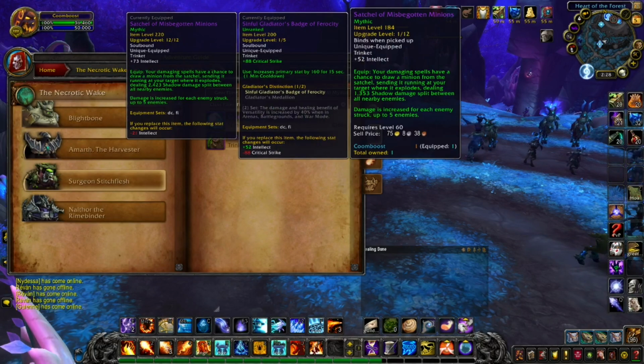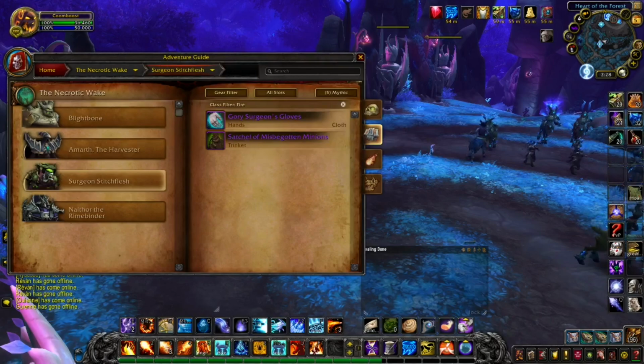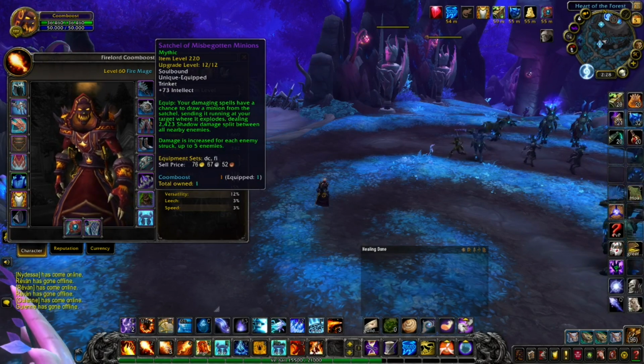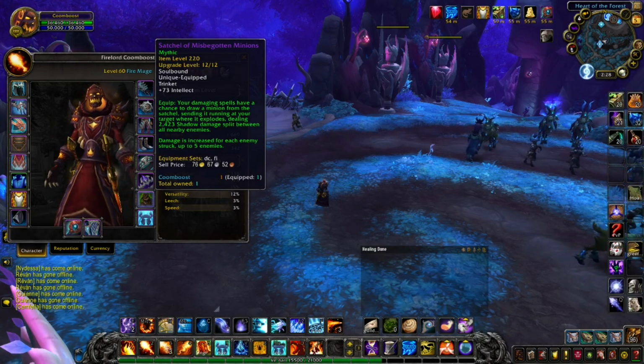Oh, here we go. Here we go. This is where I got it from. This is the trinket from the third boss in the Nest. And I got it up to 220 for doing a keystone, 11 or 10. And it's a...